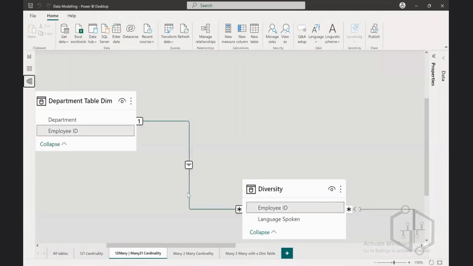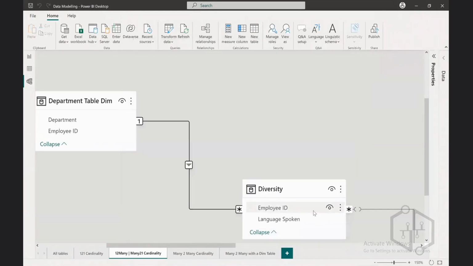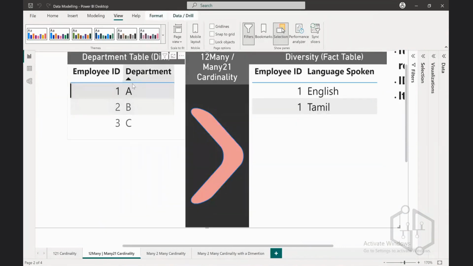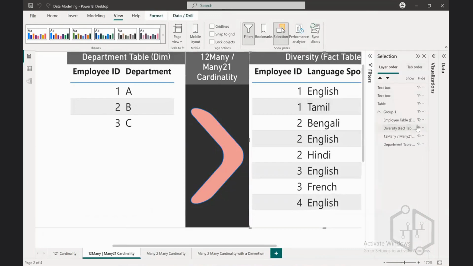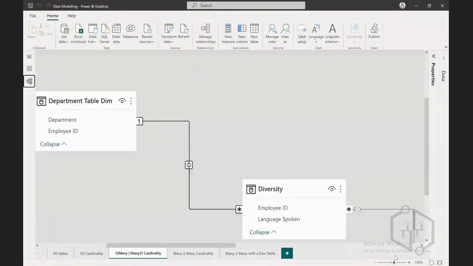You go back to the model view, and if you now turn on the cross filter direction to both, save this. Look at this now. This one is anyways drilling business as usual. But if you click on employee 2 from the diversity table, you'll see even the department table drills down. Okay. But remember, I just hid a table here, right? Now, this table, if you look at it in a holistic approach,